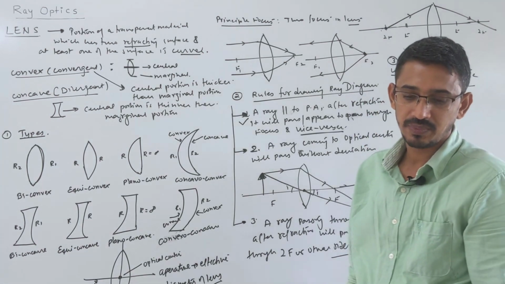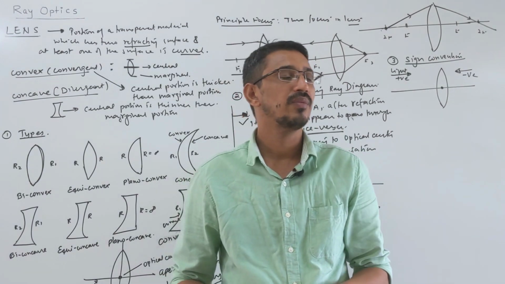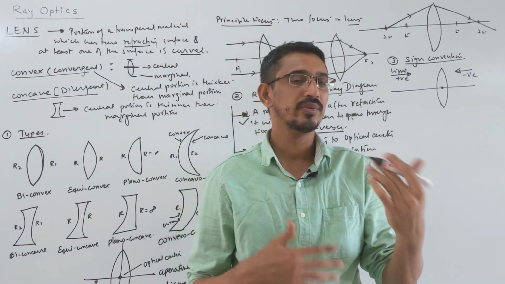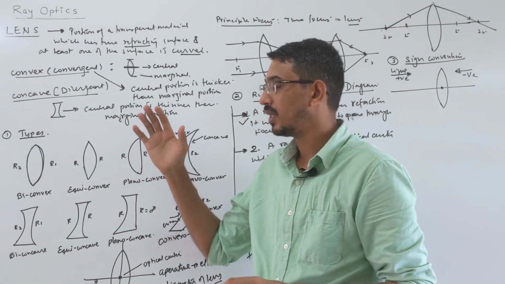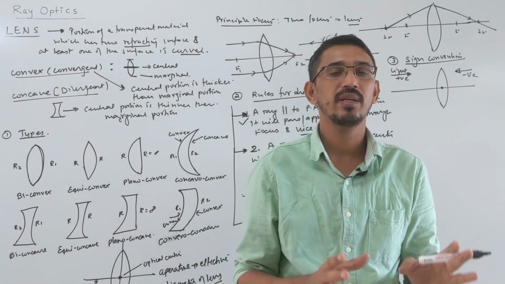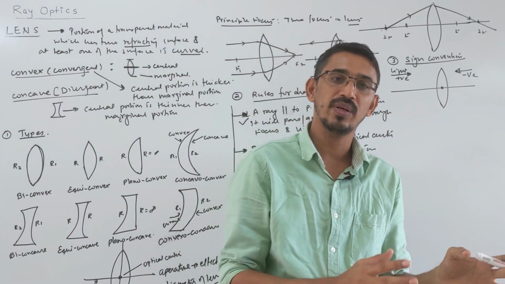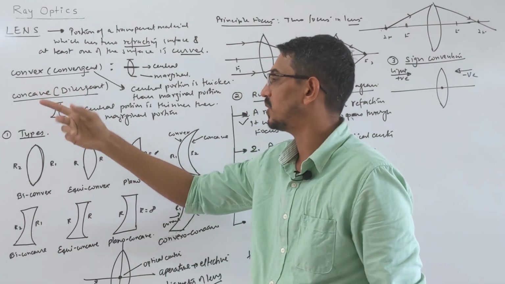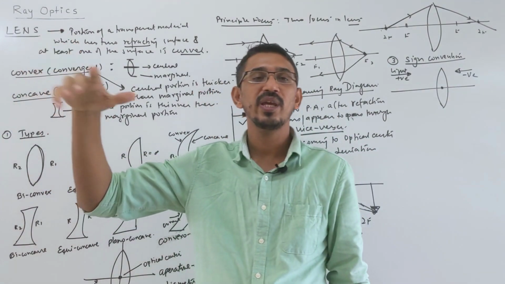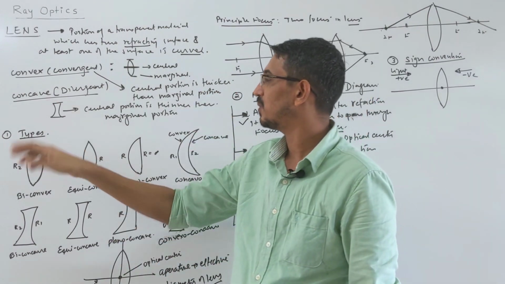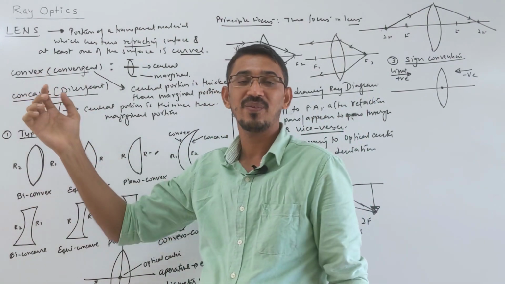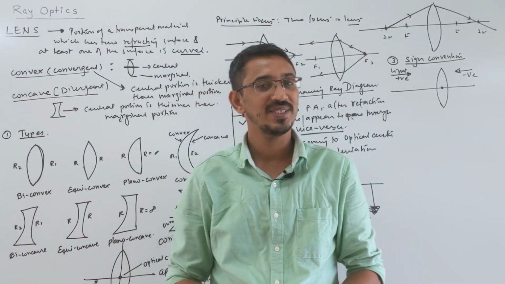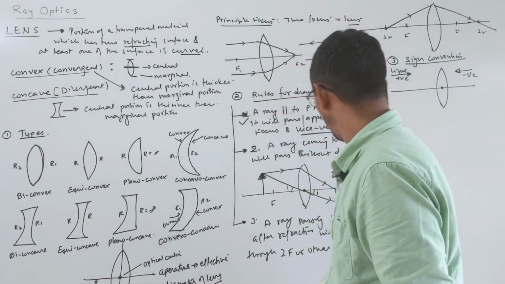First, what we are interested in now is drawing the ray diagrams. We will put the object at different positions, then draw where the image will be formed, and talk about their nature. Like in mirrors, the concave mirror can make real and virtual images, and the convex mirror makes only virtual images. The same will happen here, just opposite in name. Whatever the concave mirror did, the same things will be done by the convex lens. And whatever the convex mirror did, the same things will be done by the concave lens. It will be very interesting, and similar things only.